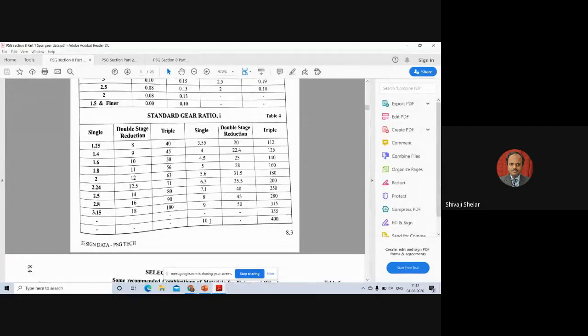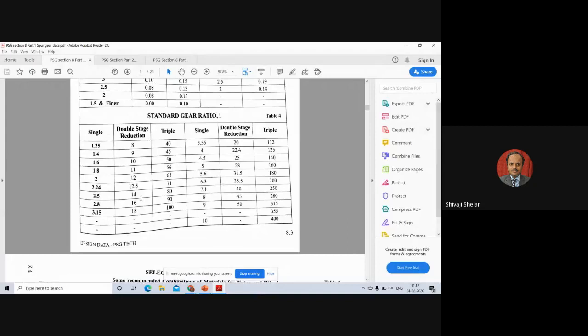The speed reduction ratio is higher. We need to go for multi-staging. So when you are going for multi-staging, two-stage reduction should be 7 or above, at least minimum 8. So if you look at this diagram, we have a ratio of 16 required here. Transmission ratio required is 16, which falls under two-stage reduction.